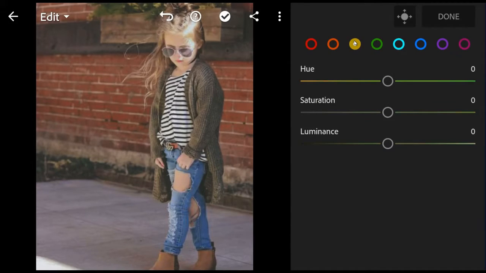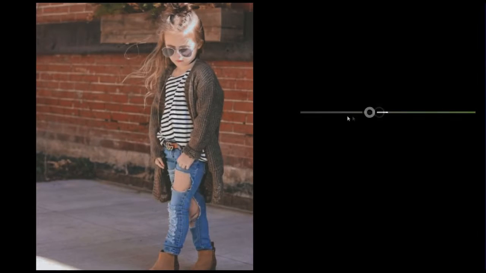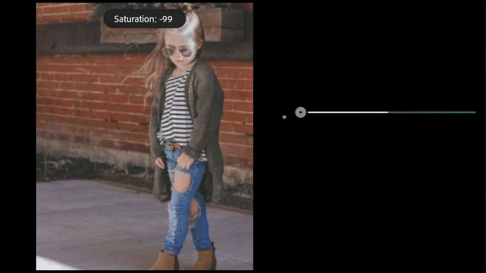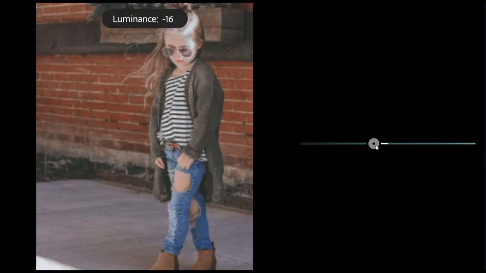Go to yellow. -100 for hue and saturation. Next go to green. -100 for saturation. Bring the saturation to -100 and luminance to -30 for aqua and blue.